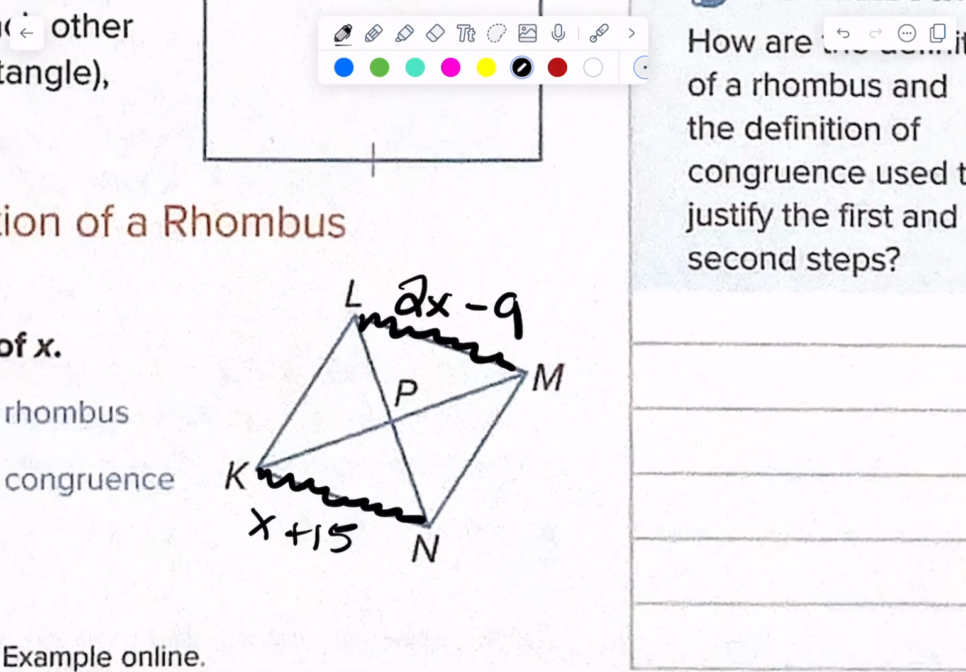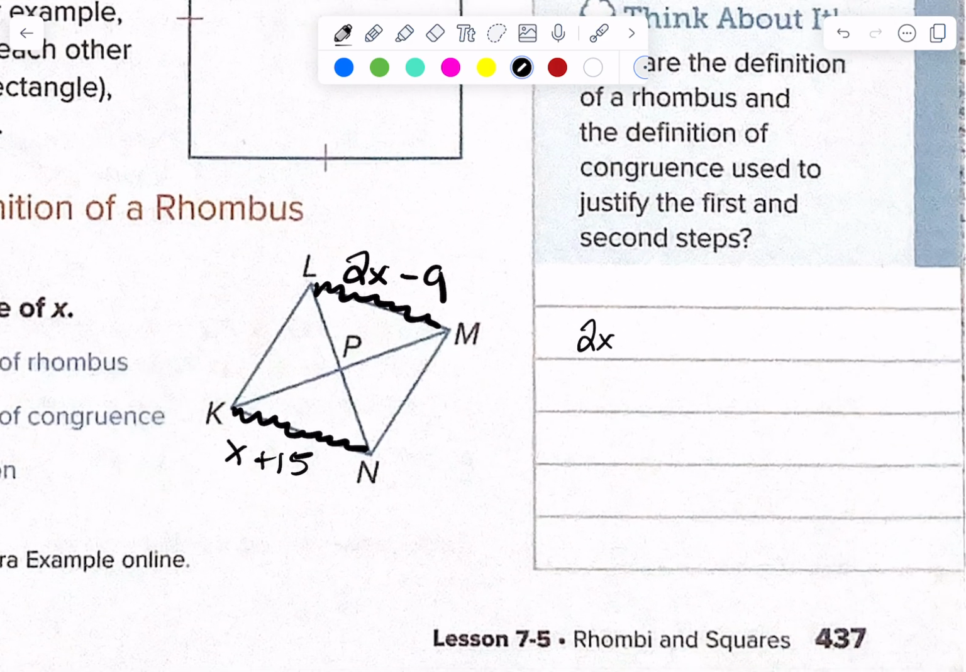What are we going to do? Set them equal. 2x minus 9 equals x plus 15. I'm going to subtract x, I'm going to add the 9, and x is